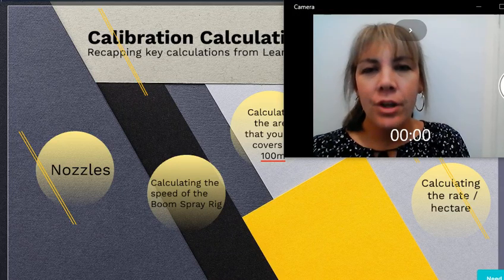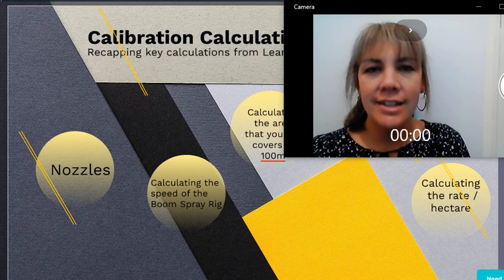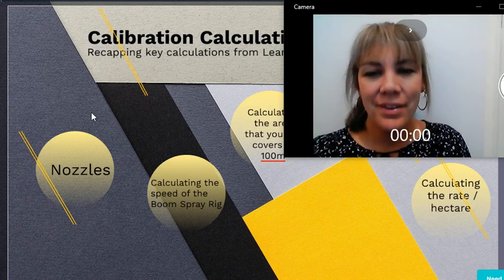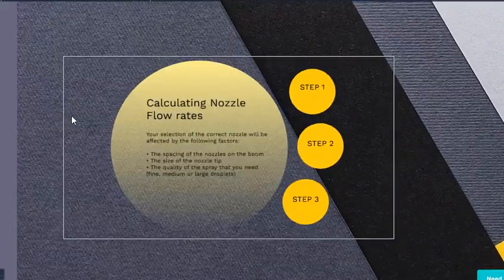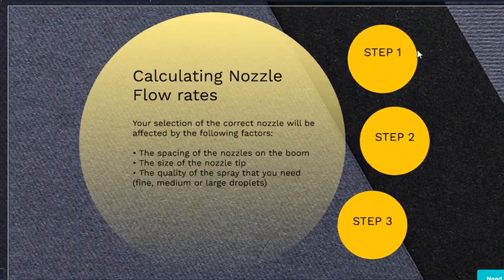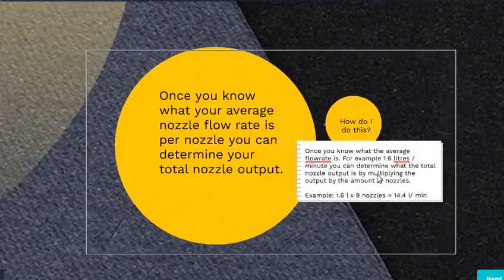Hi everyone, we're going to take a look at our third section of calculations relating to nozzles specifically. What we've taken a look at so far is, in step 1, we worked out whether or not a nozzle was safe to be using if it fell within the 10% range. In step 2 we worked out average nozzle flow rates, and now in step 3 we're going to determine